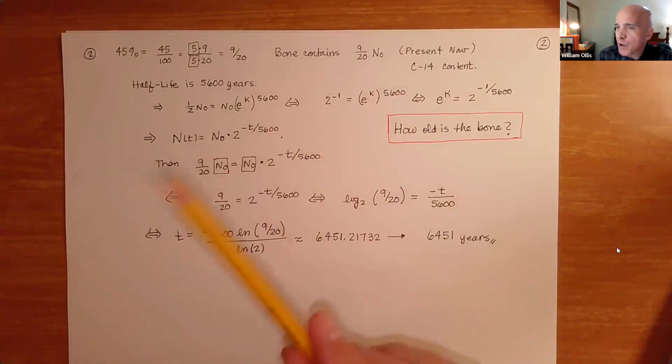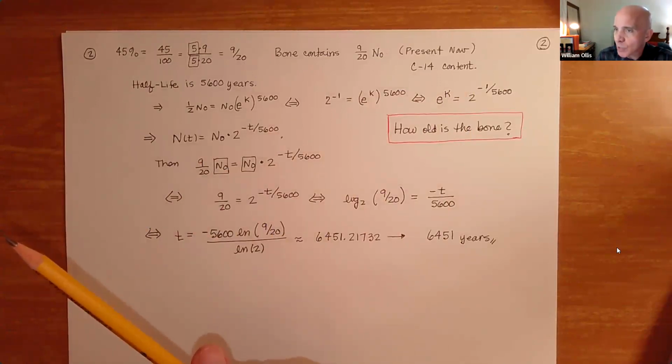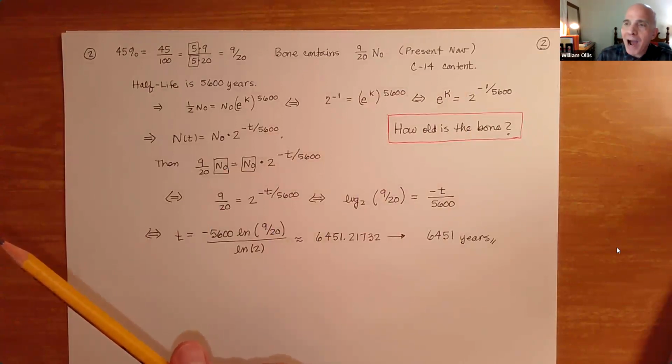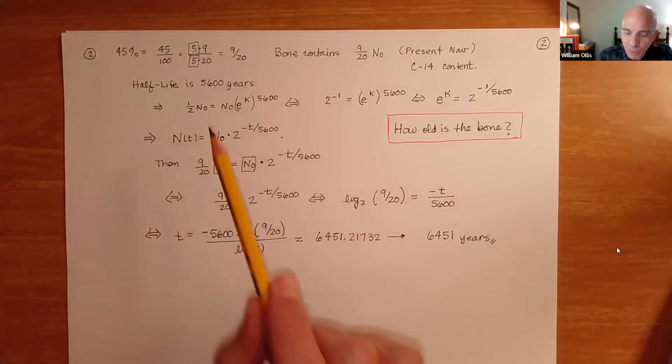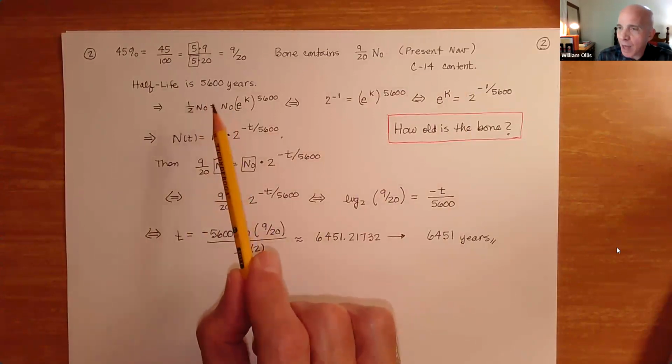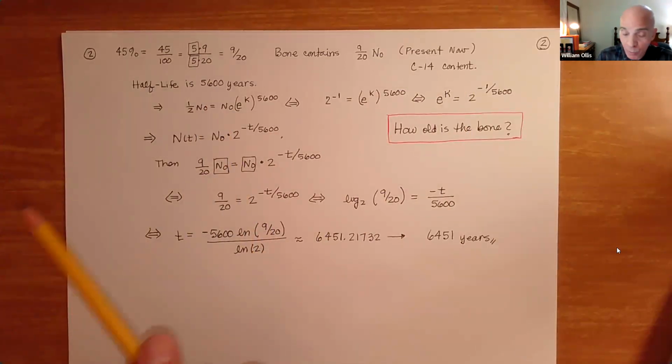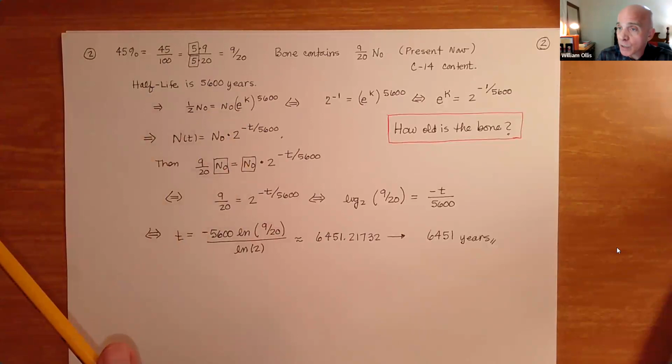So half-life is very suggestive as to what it actually means. Now, why is this important in this particular case? Well, when the half-life is long, we're talking about thousands of years, then this makes an effective tool for dating